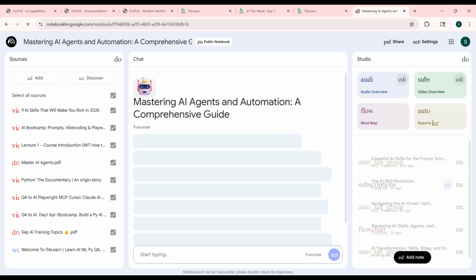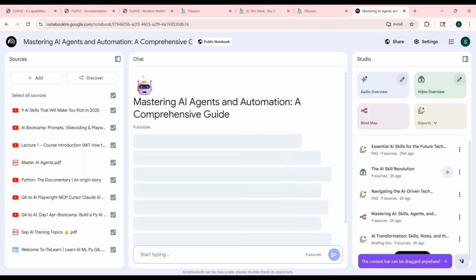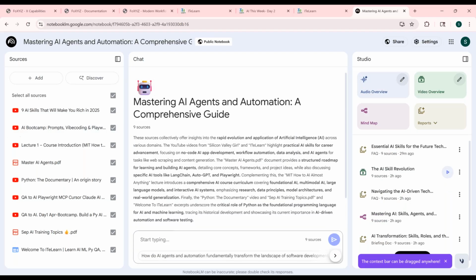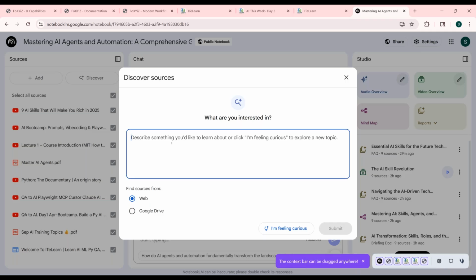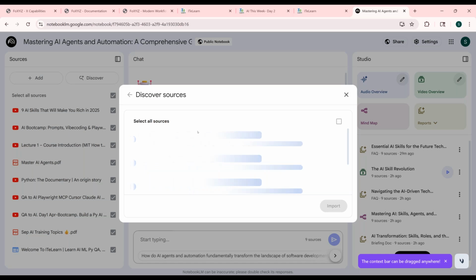In fact, there was a message on chat that I just received saying this NotebookLM is fantastic, I had no clue about it. So these are things that we learn. Let's look at it. The left side is my sources. I can add, or I don't even know what Discover is. Maybe if I say, describe something you'd like to learn, AI latest trends, I'll do a web search and see. It'll get some more sources.